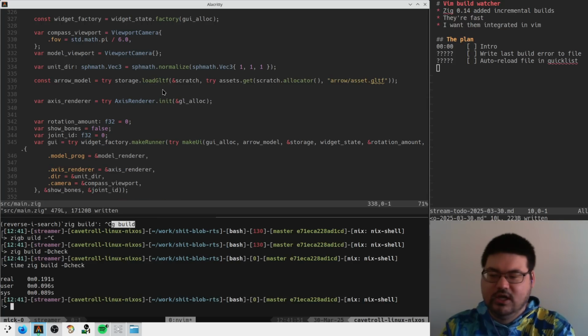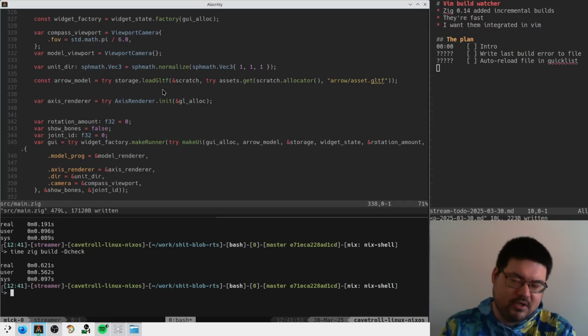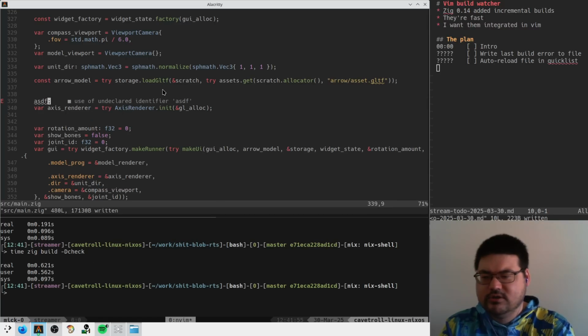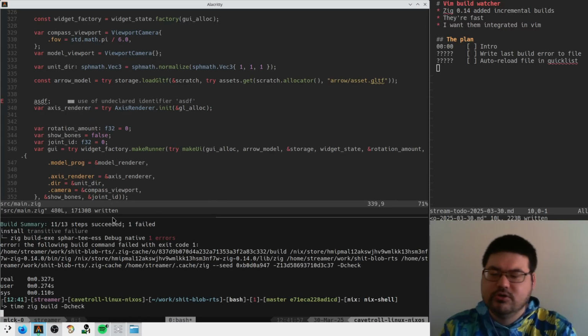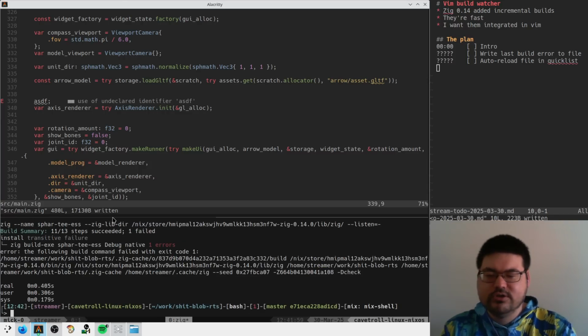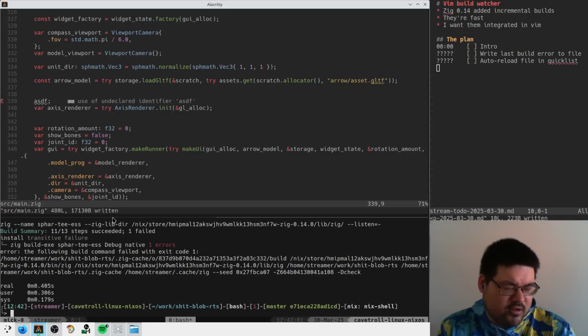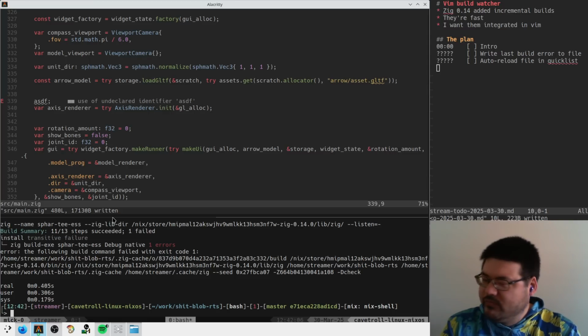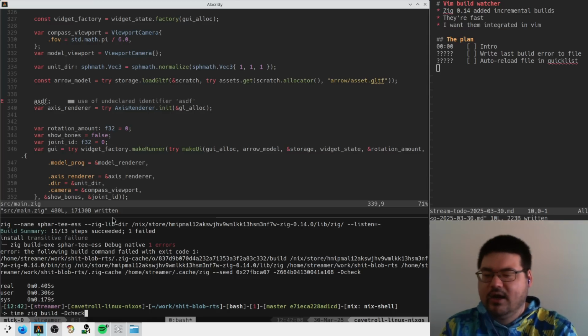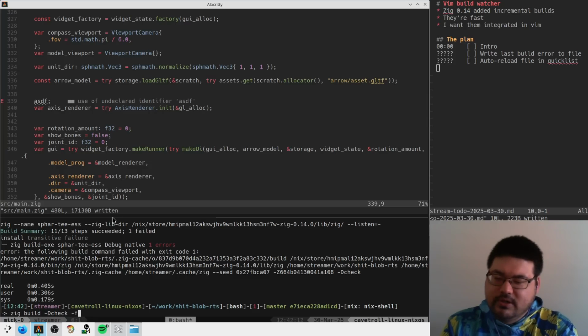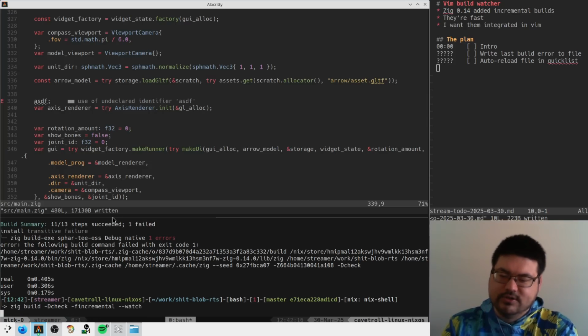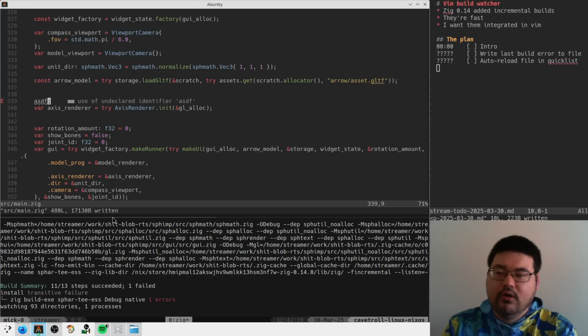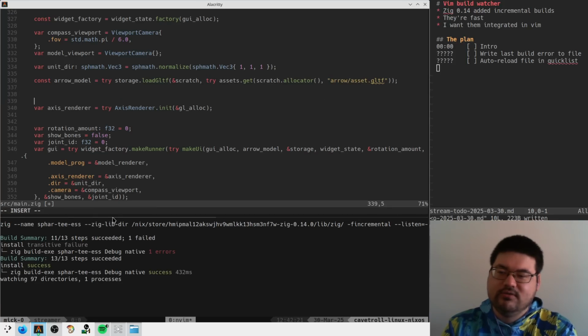So after a change, we're looking at maybe 600 milliseconds, or 300, 400, to get my compiler errors. It's not a long time, but it's also not nothing, right? So in the latest version of Zig, 0.14, they added support for this thing where you go -fincremental with this watch flag, and now it's effectively instant, if